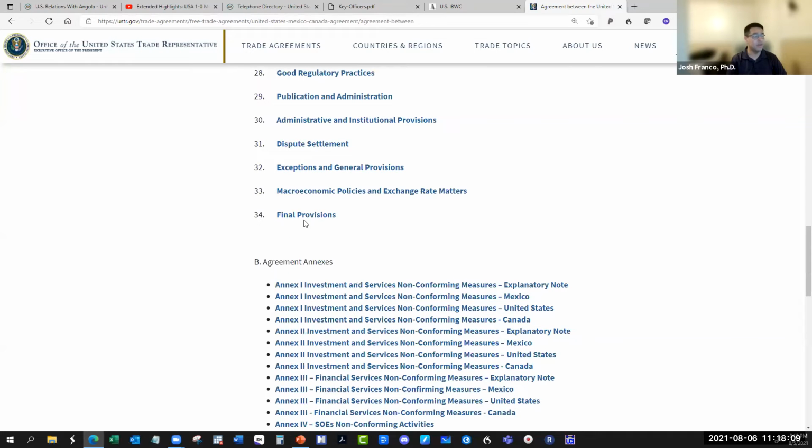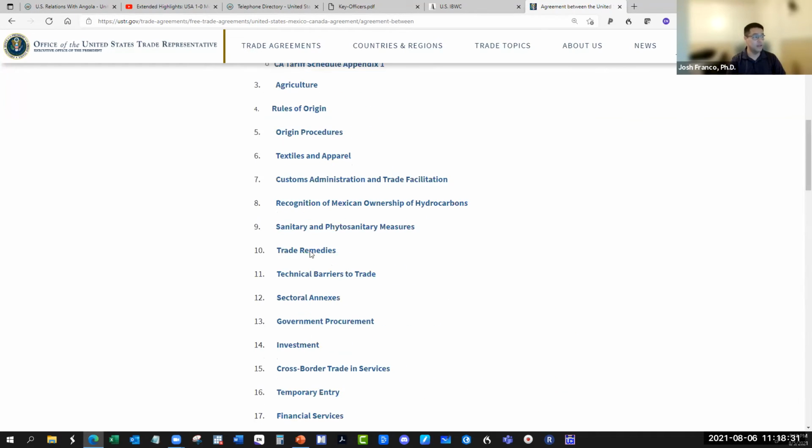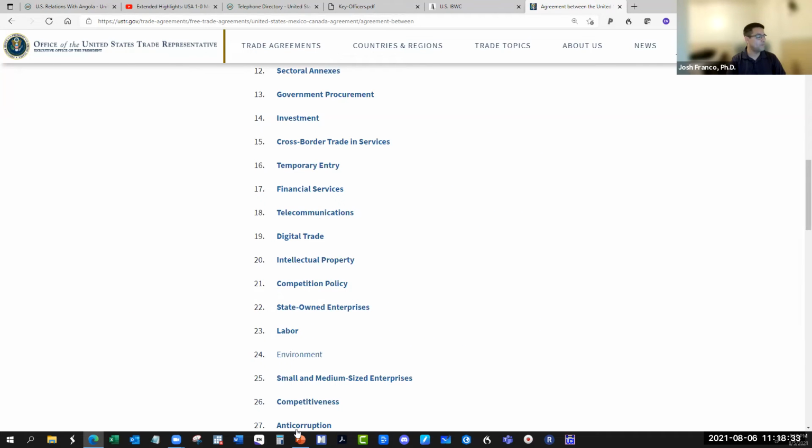So a lot of complexity to all trade agreements. It's not as simple as this side and that side, even though it gets distilled that way in the general media. But for the professionals and for the interest groups and others who are really attuned to these trade agreements, they spend a great amount of time trying to work through the different differences of opinion, differences of interest, and then try to reach an agreement. And this is the document that represents that.